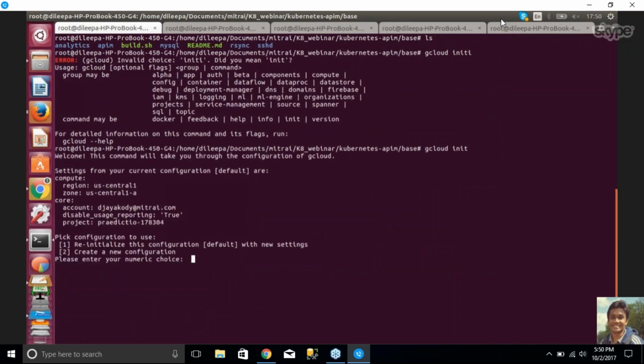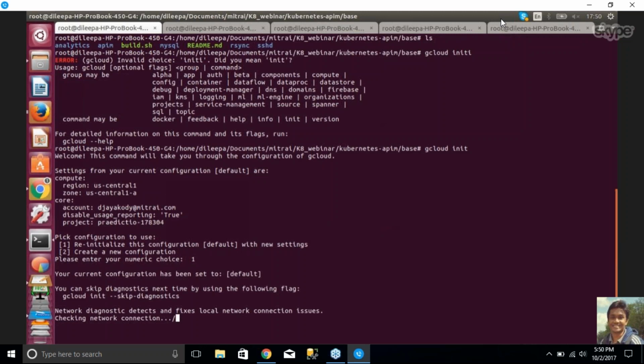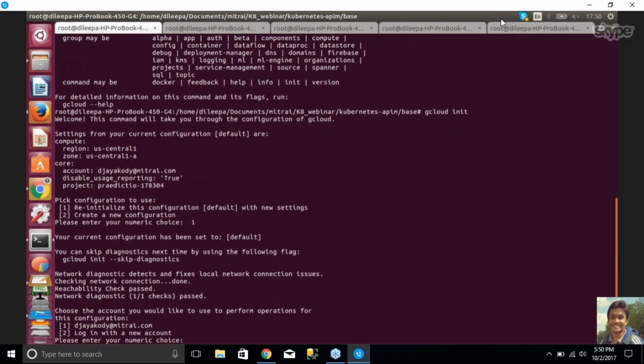And then it will guide you through the configuration of the tool. So basically, you'll have to give the required configuration options. It asks whether to reinitialize this configuration using this default config, and then it asks what is the account you need to connect. I'm going to use the djayakodi@mitra.com account,